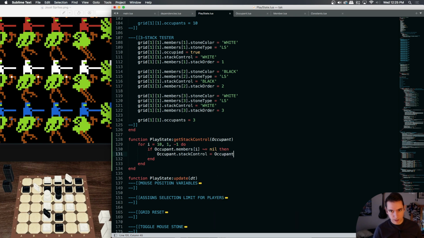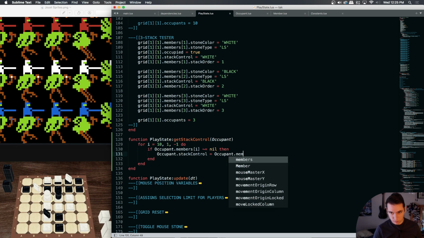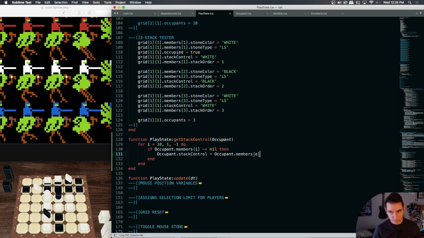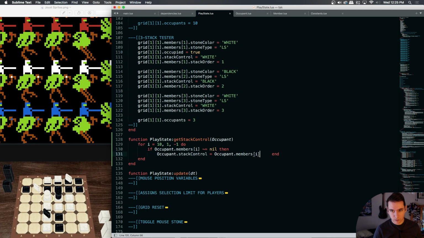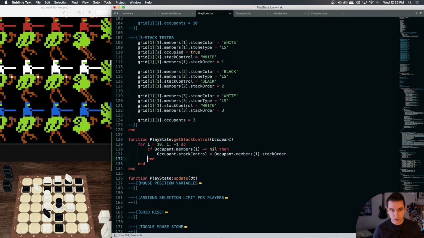So that occupant's members at that index, its stack order. So we take the members at that highest index, we take its stack, not stack order, stack control. We take its stack control, we assign it into,